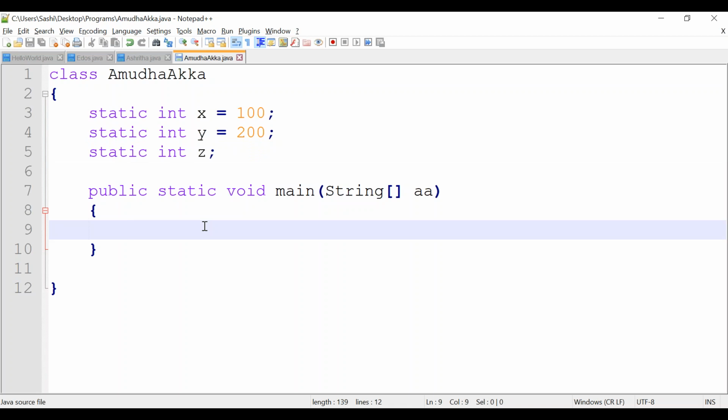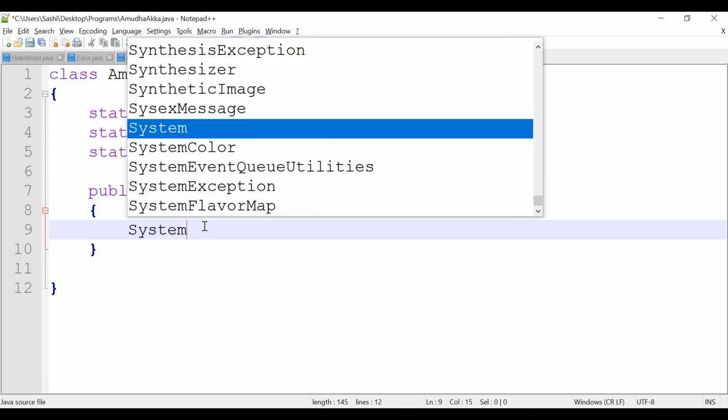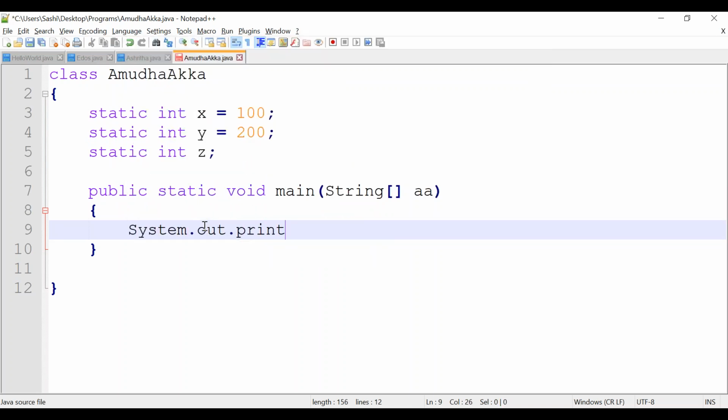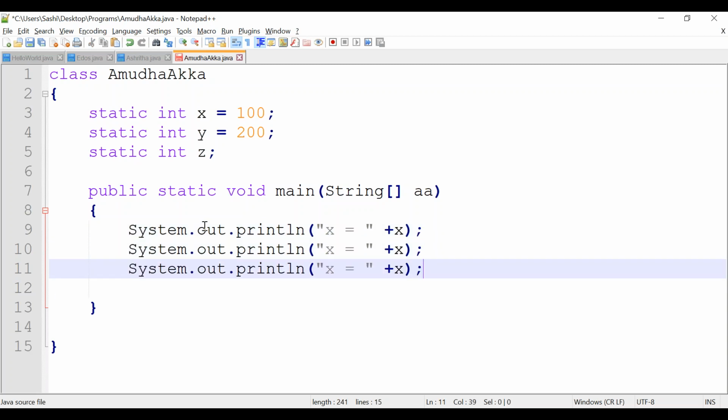Correct? So if you print all the values with System.out.println, consider I am trying to print X equal to plus X and you are trying to print Y and Z. Correct?